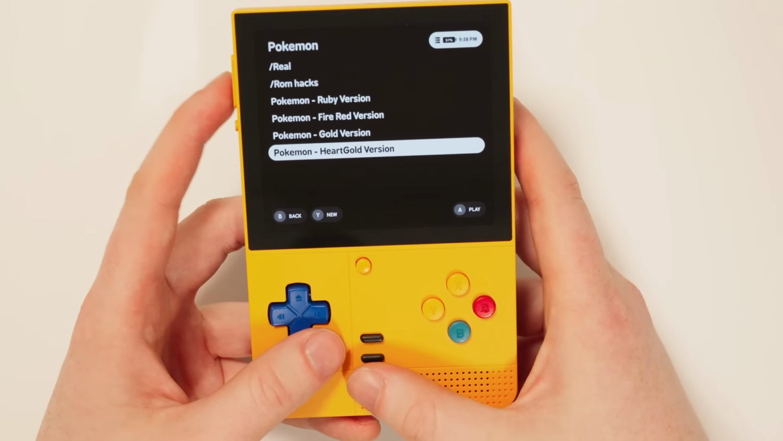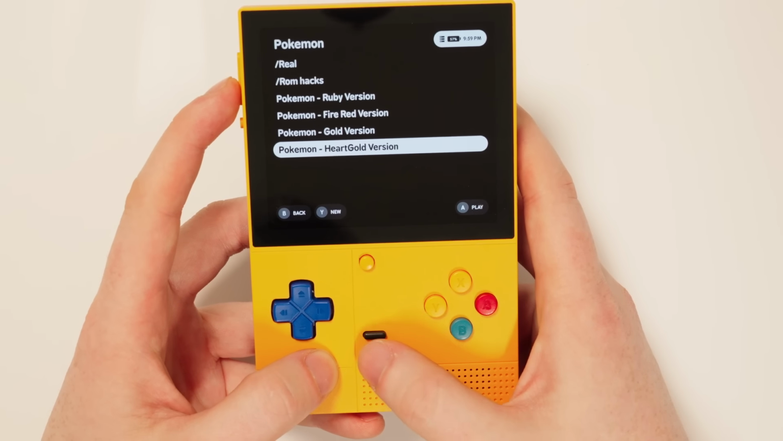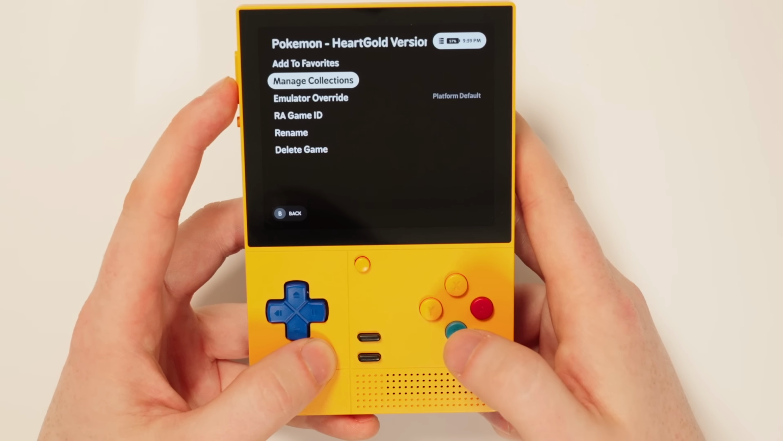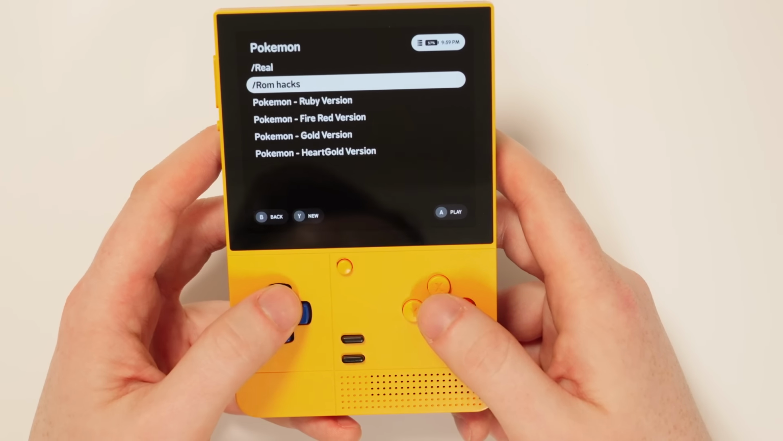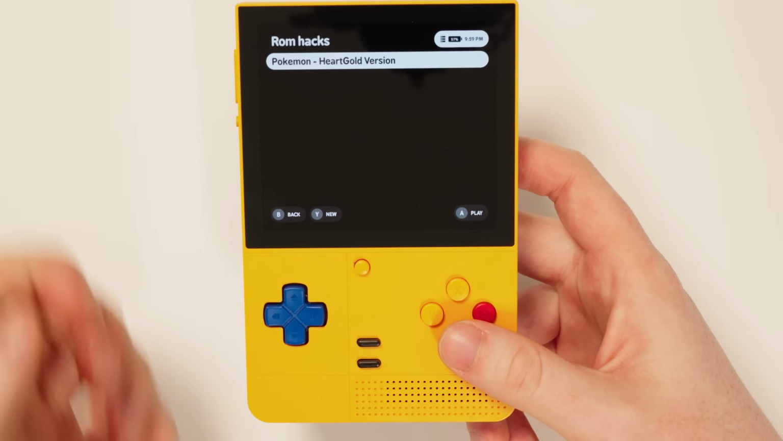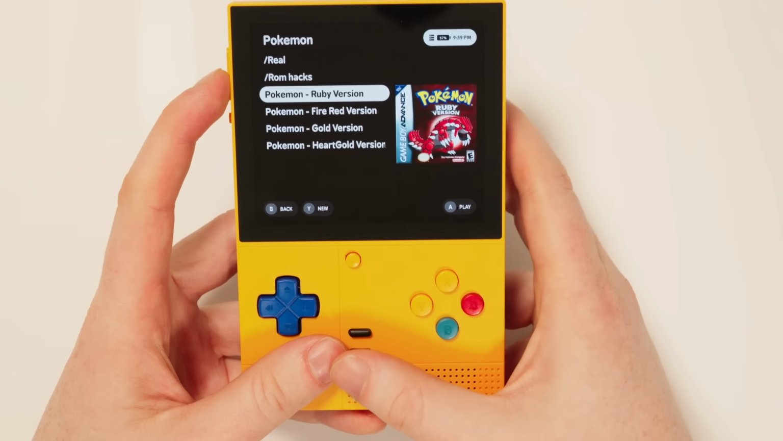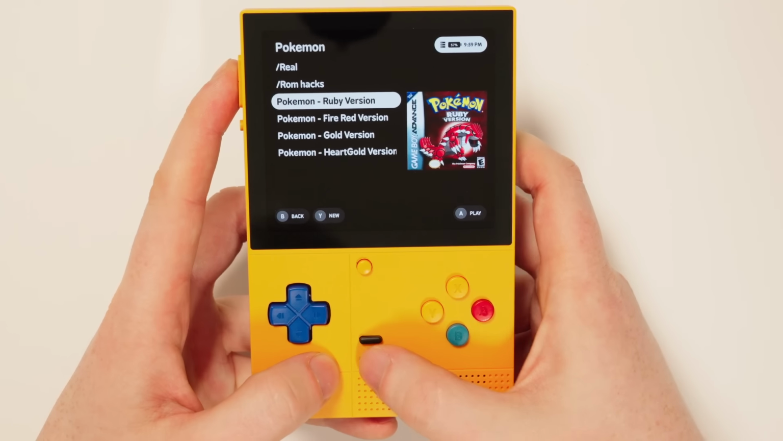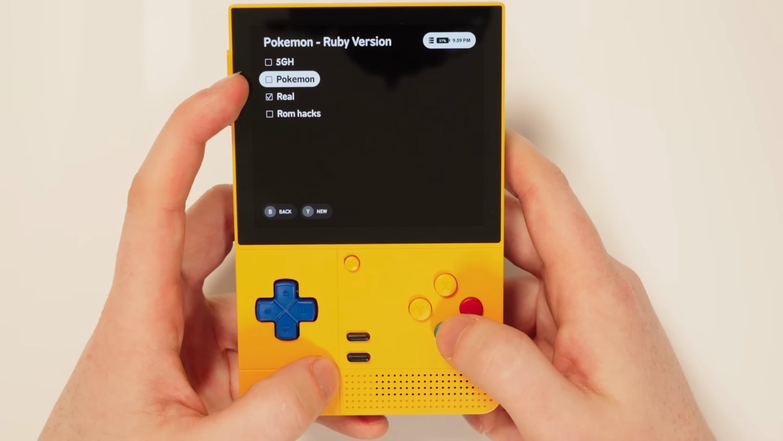For demonstration purposes, let's just move Pokemon Heart Gold into ROM hacks by pressing Start, Manage Collections, ROM hacks. Let's go back, and now you'll see it's still in the Pokemon collection, but it's also in ROM hacks. So here I could put things like Emerald Sea Glass, which I've been playing lately. You'll notice that the games are still in here and in there, which I like, but if you wanted them to only be in the child collections, you could press Start, Manage Collection, and you could uncheck Pokemon and just